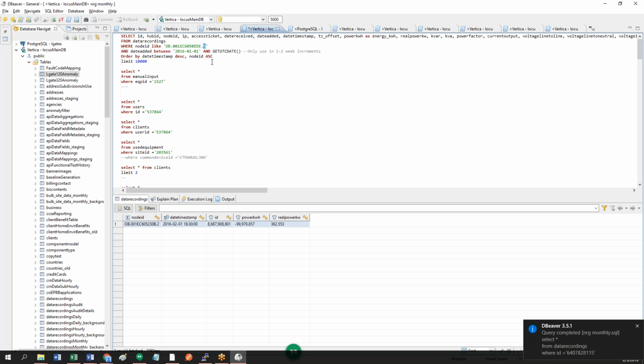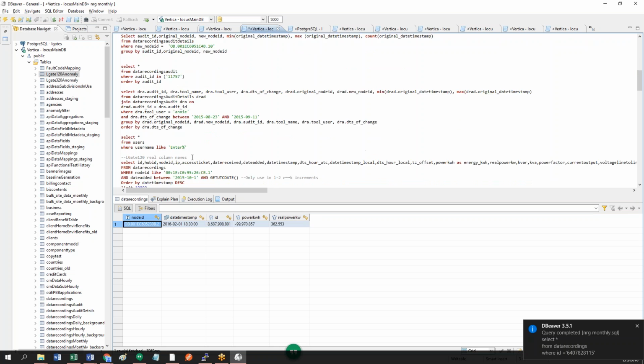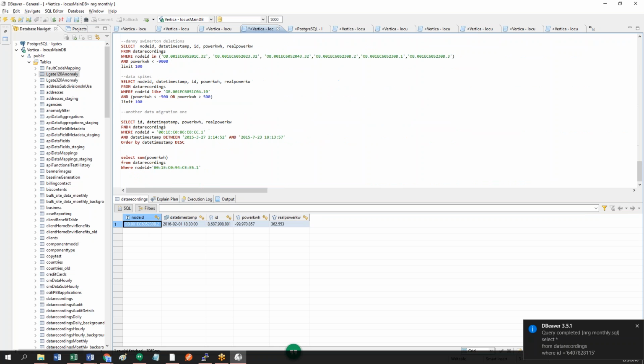So, I mean, the ID you just want to think of as a unique identifier of that data point in the database. Like Danny was saying before, if I was talking to Tyler or someone else and I said, can you look at this node ID with this timestamp, I could further clarify and say it also has this ID number, but it would help us hone in on, oh, this is a problematic data point, right? Negative 99,970 kWh. This is from a meter rollover. So instead of trying to comb through and look at every data point in